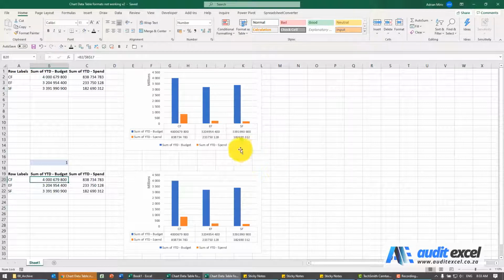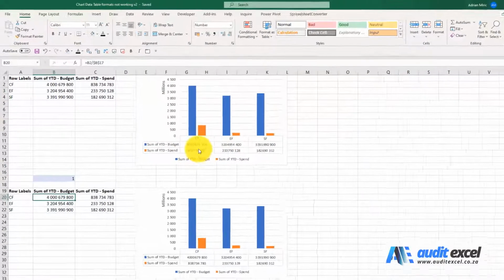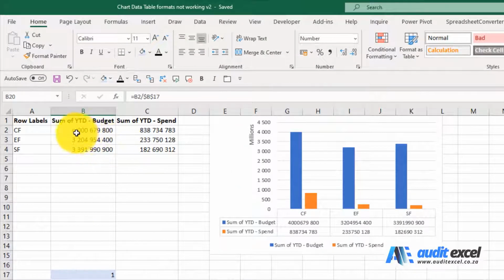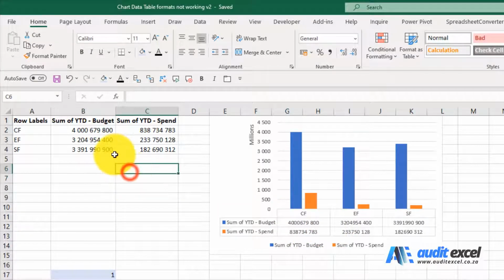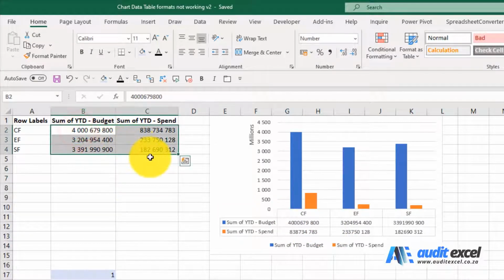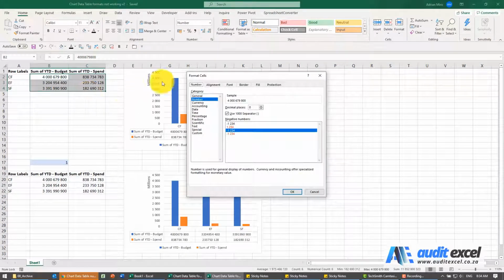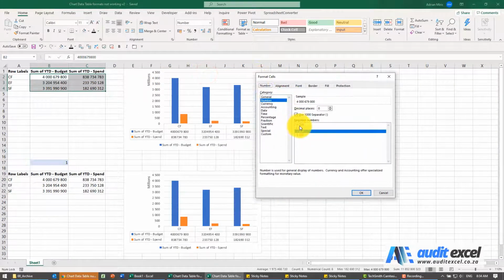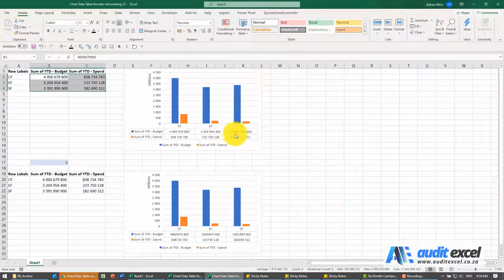When using a data table in a chart, you sometimes have problems with formatting. You'll see over here, the format has got spaces for the thousands, but for some reason here it's not. So the first thing you need to realize, I'm going to go in and format the cells. Depending on which one you use, this may or may not work. So if I go to number and I choose that one, when I say OK, you'll see suddenly it actually